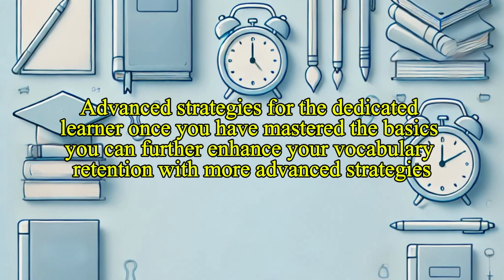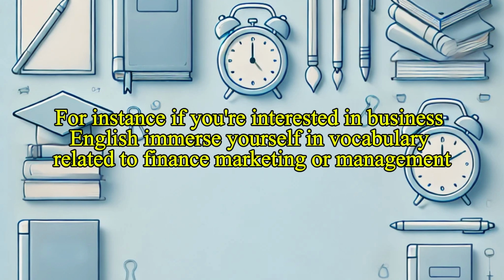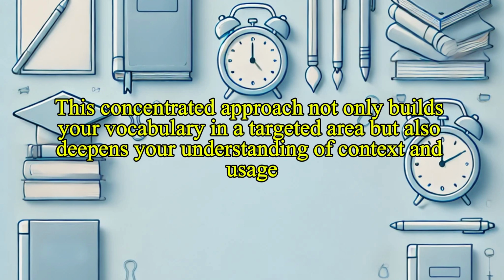Advanced strategies for the dedicated learner. Once you have mastered the basics, you can further enhance your vocabulary retention with more advanced strategies. In-depth thematic learning: focus on a specific theme or area of interest for a set period. For instance, if you're interested in business English, immerse yourself in vocabulary related to finance, marketing, or management. Read articles, watch videos, and participate in discussions that revolve around that theme. This concentrated approach not only builds your vocabulary in a targeted area, but also deepens your understanding of context and